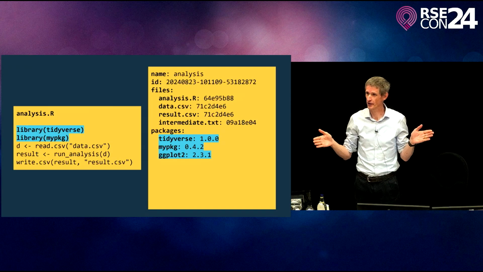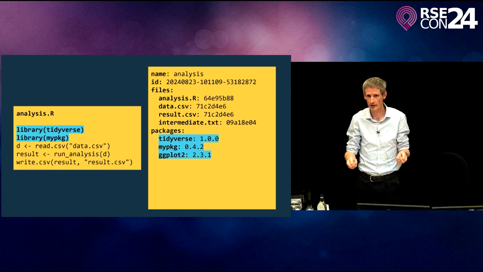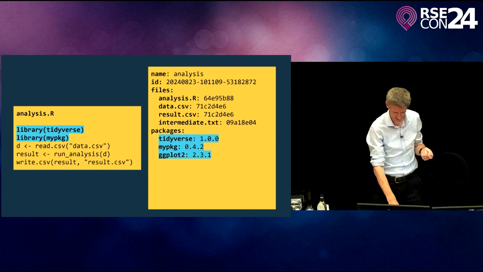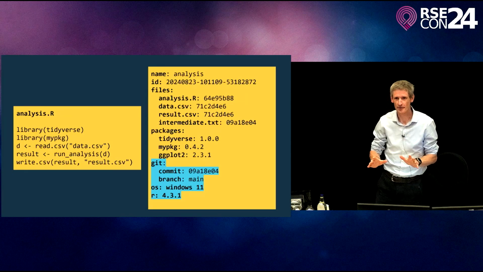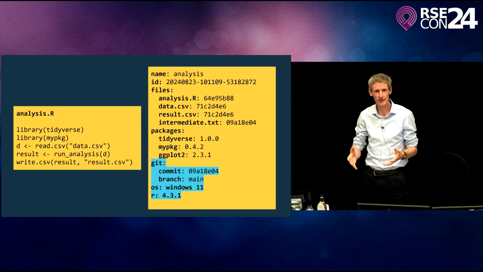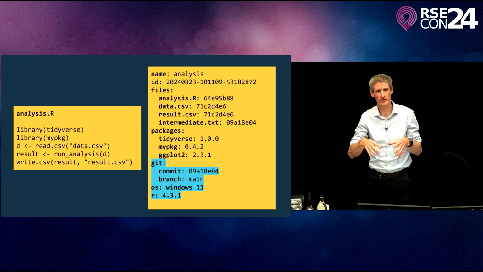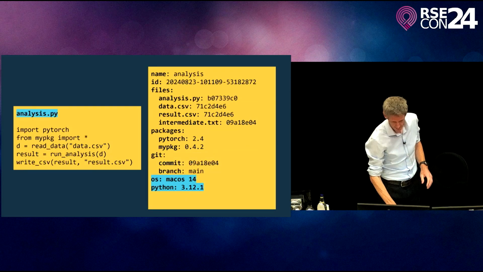And rather than focusing on making things always do the same thing with the same versions, or always making sure everyone has to have the same versions, we can just explore those differences and find out, does our result depend critically on the version of NumPy that we're using? There's a whole bunch of other useful metadata that you can completely automate the collection of. And you just set this running in the background so when people run these analysis, all this stuff is saved. And then later on, if you need to use it, you can use it. Maybe you won't, but there's no cost on the user, right? Once they start using this, all this metadata will just come in for free.